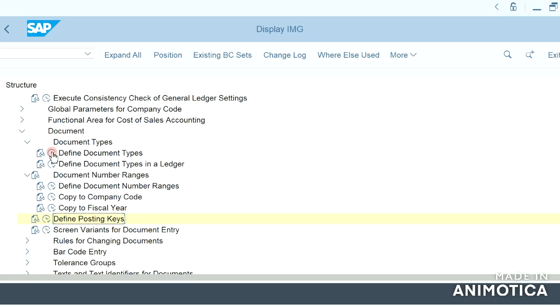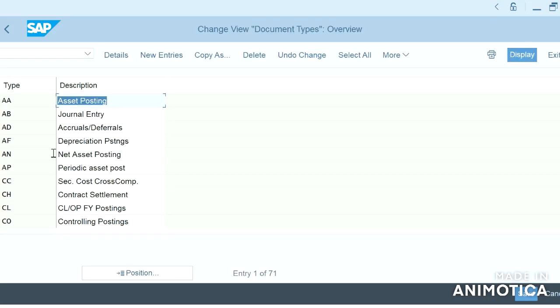If we discuss more about document types, they are defined at the client level. So document types apply to all company codes. The same document type can be used by all the company codes. The document type key is used to classify accounting documents and distinguish between business transactions to be posted.